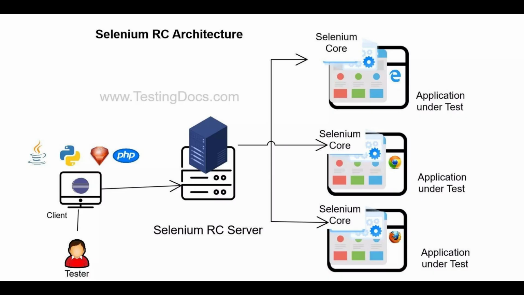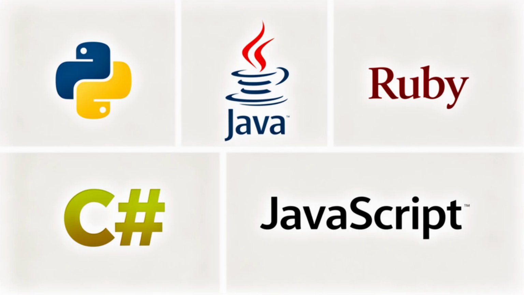This security feature prevented the script from accessing elements on a different domain. To solve this, Paul Hammond created Selenium Remote Control, or RC. It used a proxy server to trick the browser into thinking the test and the site were from the same origin. RC was a game changer, allowing developers to write tests in languages like Java, Python, and C# instead of